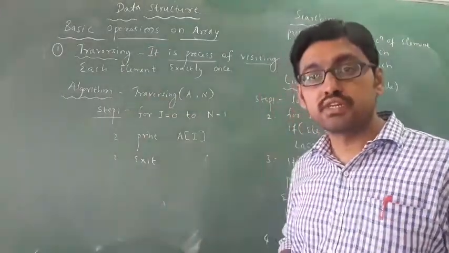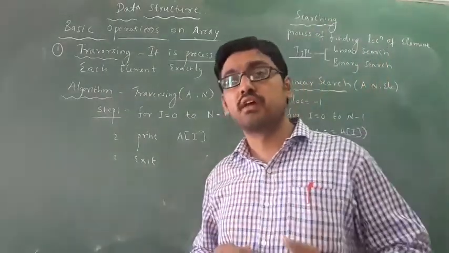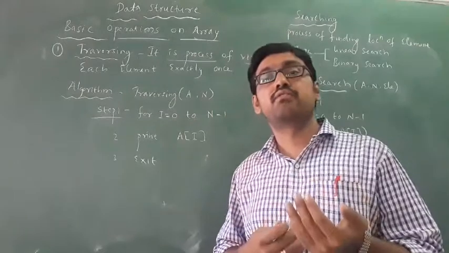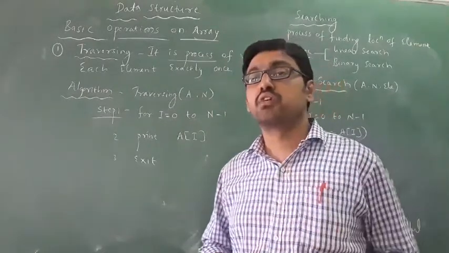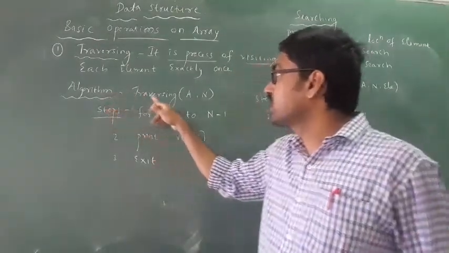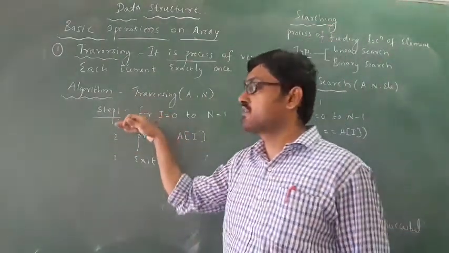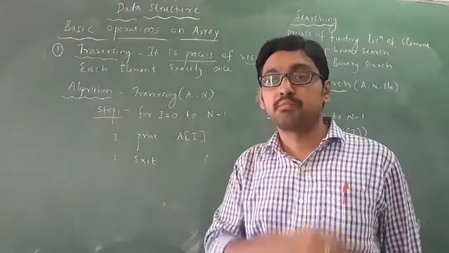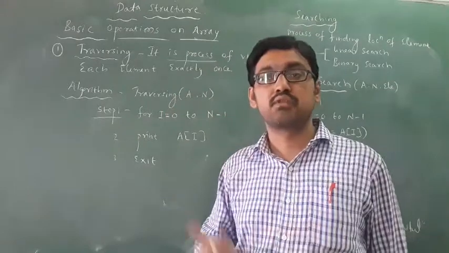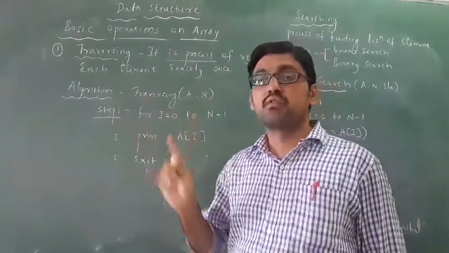Already in first year, in the array chapter also, how the element will be traveled by using a for loop. If you want to travel the element from one point to another point, then we have to use a for loop in a program. Then how to write the algorithm for traversing. What is an algorithm? Algorithm means it is a step-by-step procedure to solve a particular problem. If you want to solve any problem, first you have to write an algorithm, then you can understand the problem. It is a tool used as a problem solving technique.